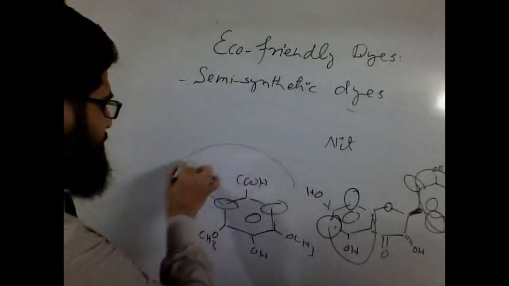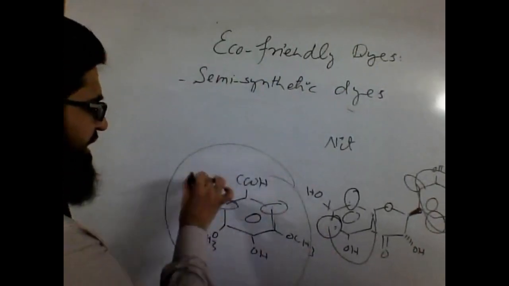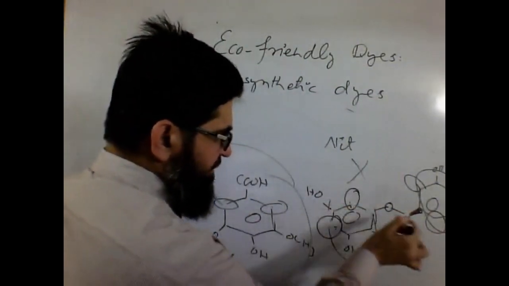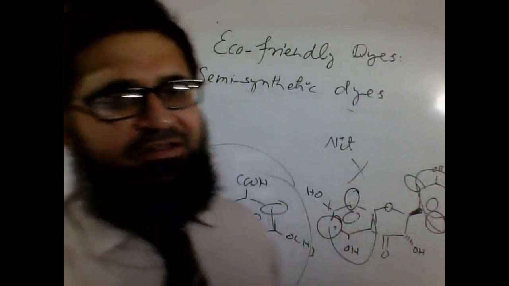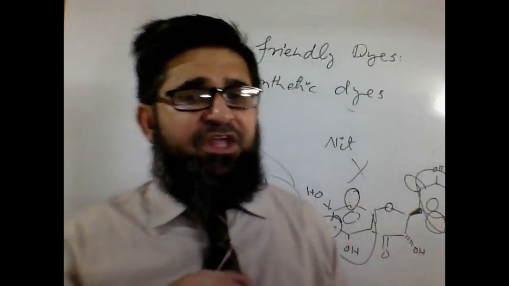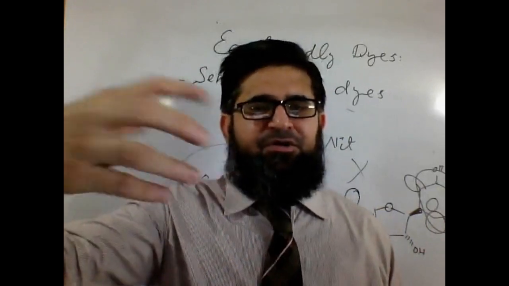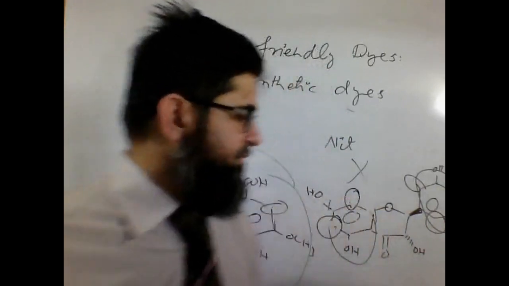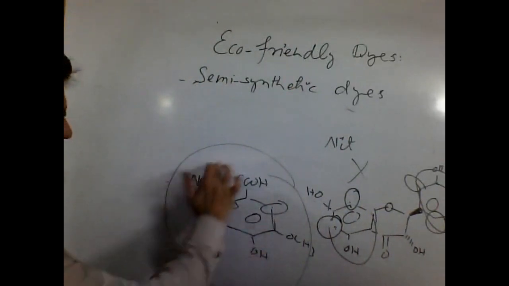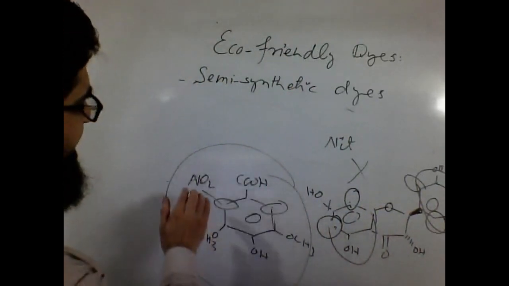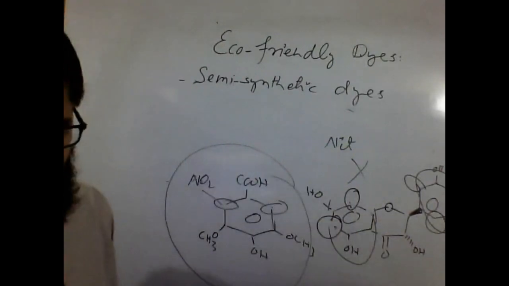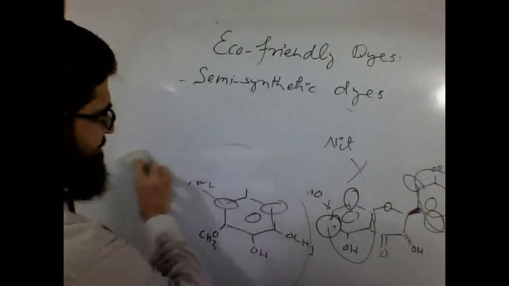So it is better to do nitration of this, then reduction, then diazotization, compared to this one, because it carries so many carbons available in the rings and they all can undergo nitration, and subsequently it will produce a mixture of compounds with nitro groups. So better to use this one as a nitro compound for nitration, then reduction, then diazotization, then the subsequent coupling. So this is how it happens.